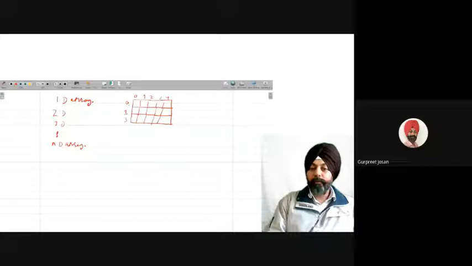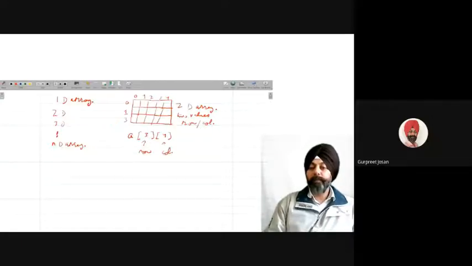We have a number of rows and columns, represented by two values: one is the row, another is the column. Whenever we declare an array A with two values 3, 4, this means the number of rows and the number of columns: 3 rows, 4 columns.